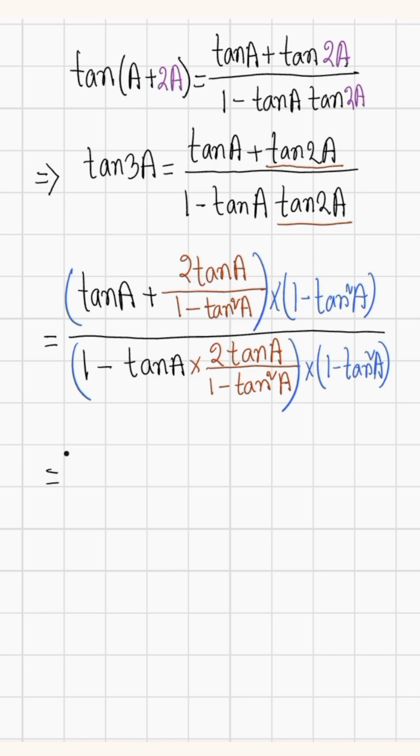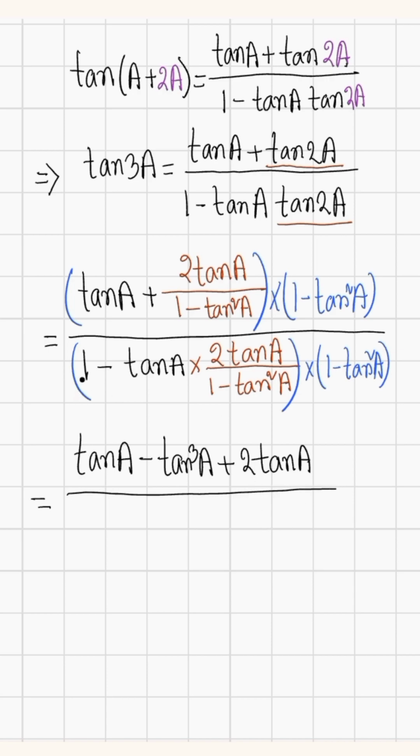equals to লবের প্রথম অংশের tan A into 1 হচ্ছে tan A into minus tan square A হচ্ছে minus tan cube A। লবের দ্বিতীয় অংশের 1 minus tan square A কাটাকাটি যায়, তাহলে থাকে plus 2 tan A divided by